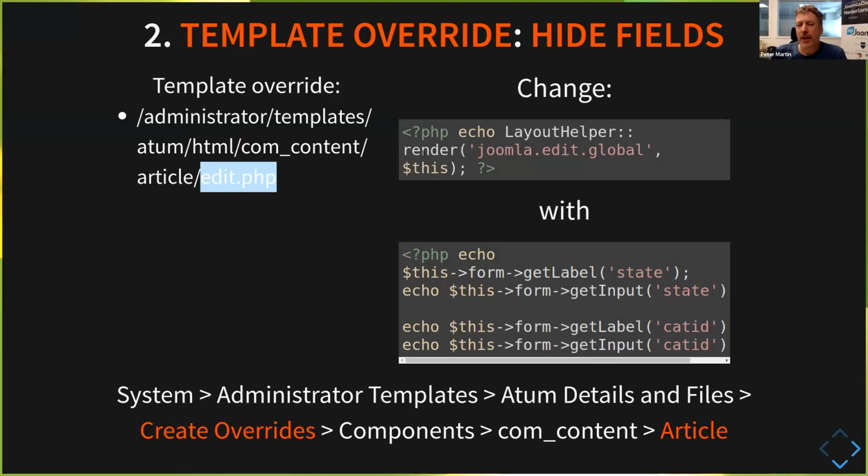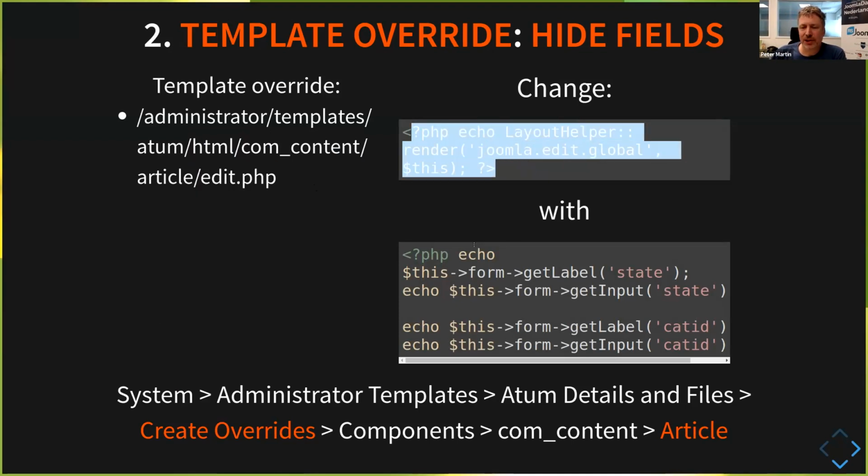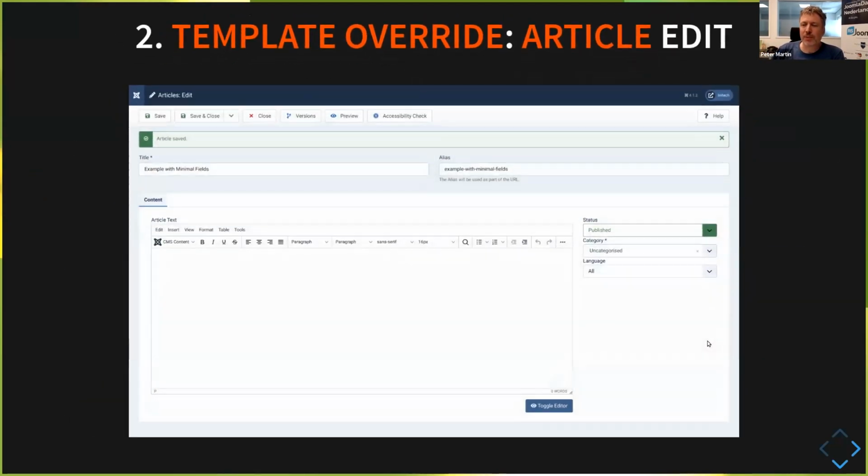For instance, in this file, it says echo LayoutHelper render joomla.edit.global, and then it will show on the right side of the screen publishing, category, notes, etc., and the language. And if you change this code, so you remove this and you put something like echo this->form->getLabel state, and also this->form->getLabel catid and getInput catid, then you end with something like this. So you only have these fields like the status and the category, and also added language because